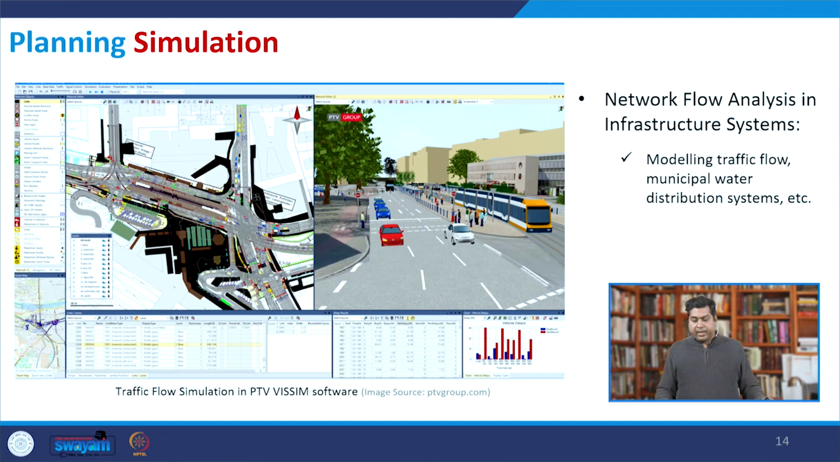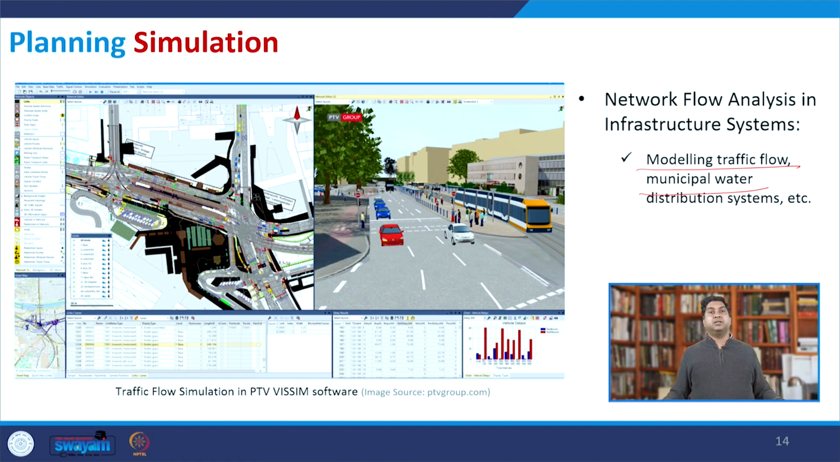Coming to network flow analysis in infrastructure systems, here you can model the traffic flow and the municipal water distribution system. There are n number of software packages available. PTV Vissim is one of them, which can help you with traffic simulation. You can create a realistic environment, give inputs like the vehicle composition and the different kinds of traffic you observe in different hours, and then it can help you simulate whether your current infrastructure is capable of